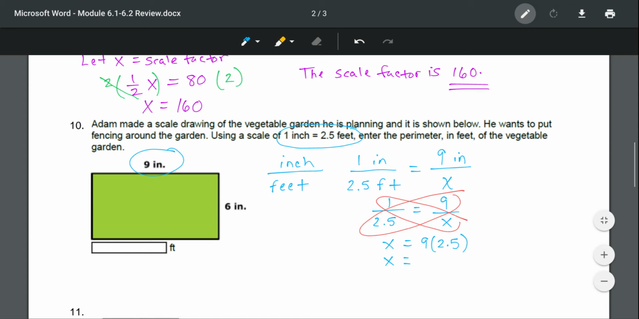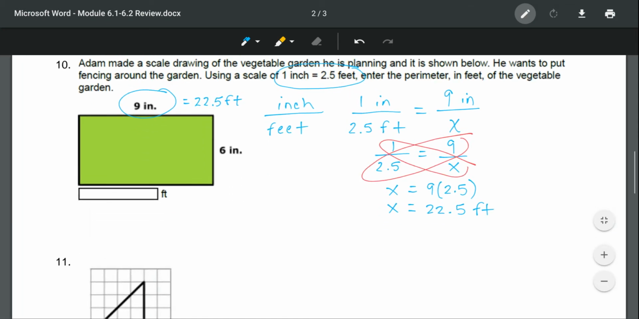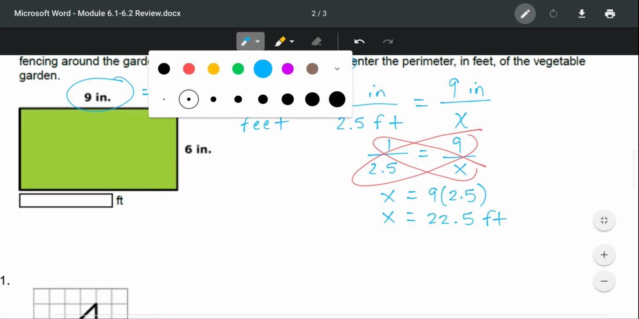And you get 22.5 feet. Okay, so that means that my length would be 22.5 feet. So I'm going to label my drawing. Okay, so now I am going to calculate the width